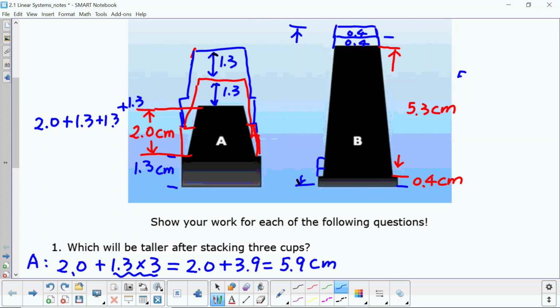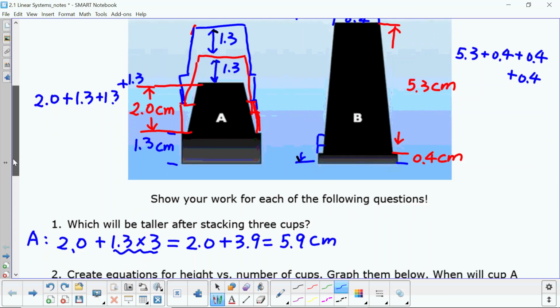So it is 5.3 plus 0.4. This is 1 cup. Then you add another cup here, plus 0.4. And you add the third cup, there will be plus 0.4 again. Then you will see the total height of cup B is